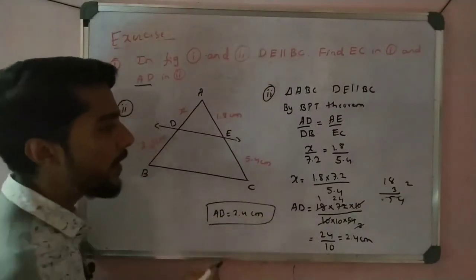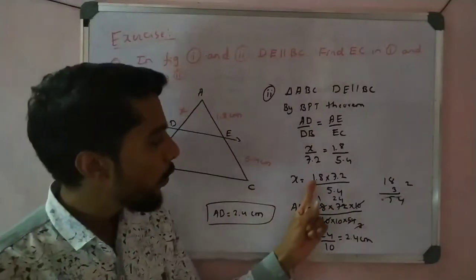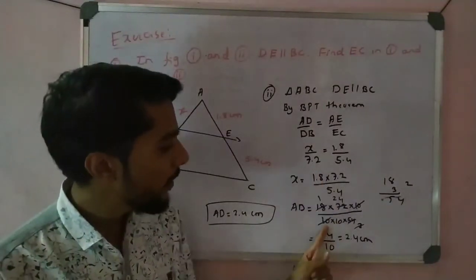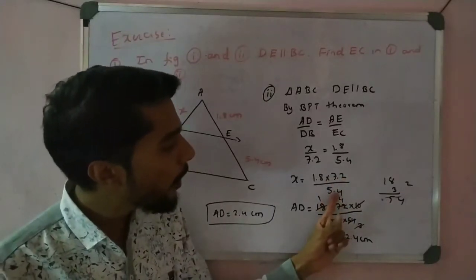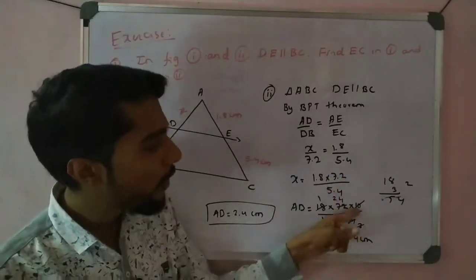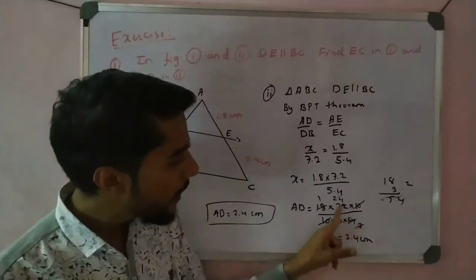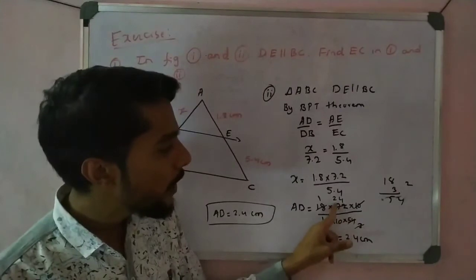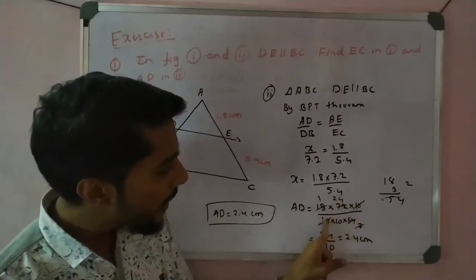Correct? So this is very important, decimals. We have to convert decimals into fractions, right? So 1.8 is nothing but 18 by 10, 7.2 is nothing but 72 by 10, and 5.4 is nothing but 54 by 10. Now take the numerators. First cancel: 18 threes are 54, then 3 eights are 24, 3 twos are 6, carry 1, 12, 3 fours are 12. Next, 24 as it is, and 10 and 10 get cancelled.